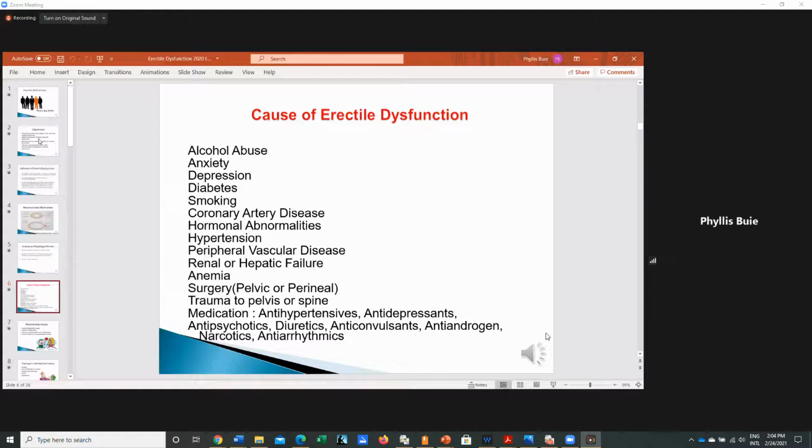Sometimes the first inkling that we have that a patient has cardiovascular disease is they present to their doctor with erectile dysfunction. So then they start working them up and realize they have pretty significant cardiovascular disease that we didn't know about, which makes sense because that's very vascular, and it requires and depends on a good blood supply. So if the blood supply is not adequate, then they're not going to be able to perform sexually as they should. The other classification is